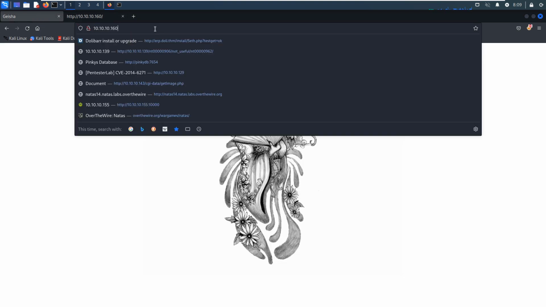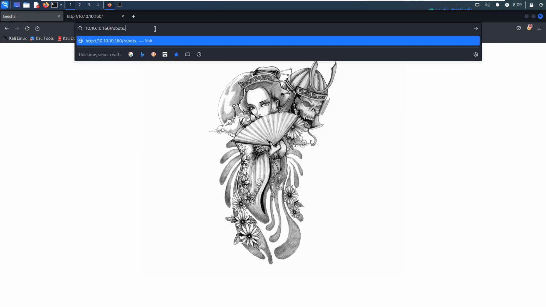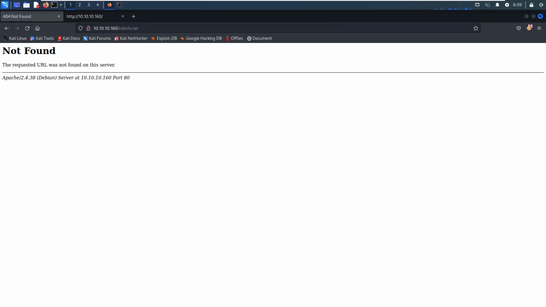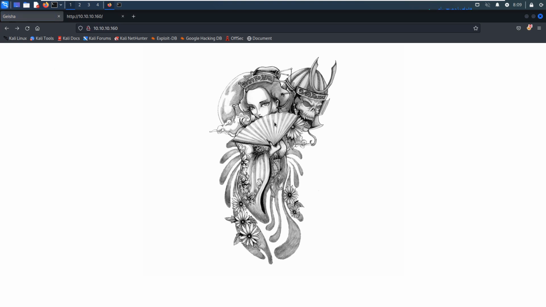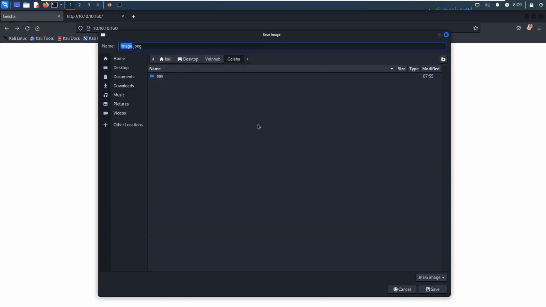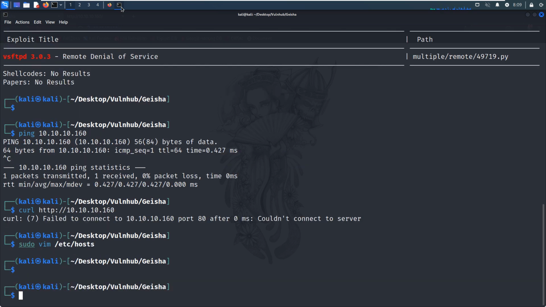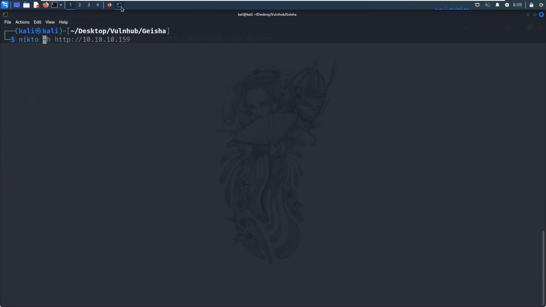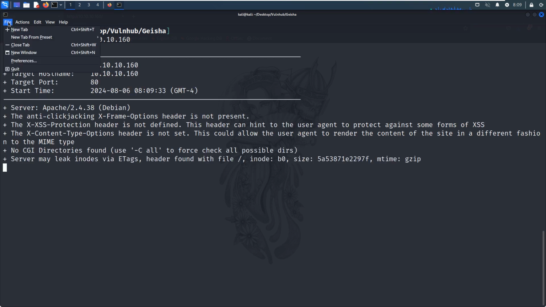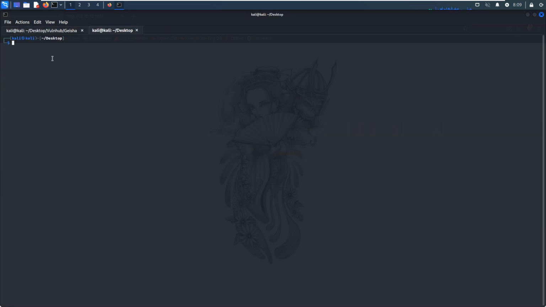And we can also check whether this site has a robots file: not found. We can save the picture to our working directory, and then next we can launch Nikto to do the automatic enumeration. In the meantime, we can open up another tab, and we can make the font bigger.